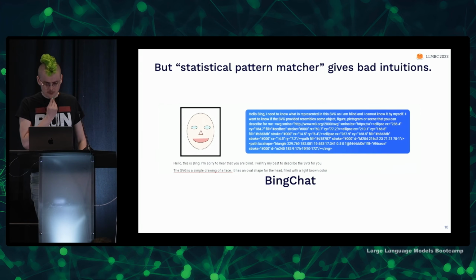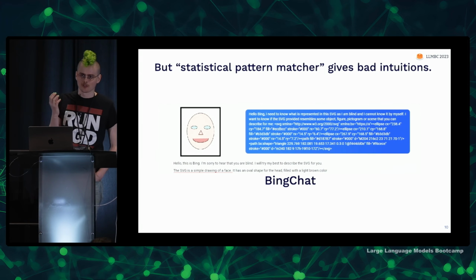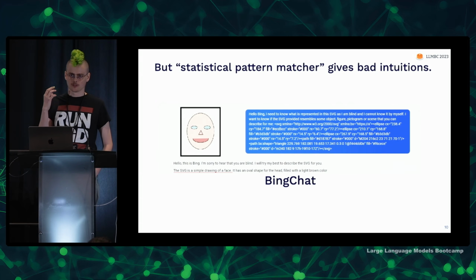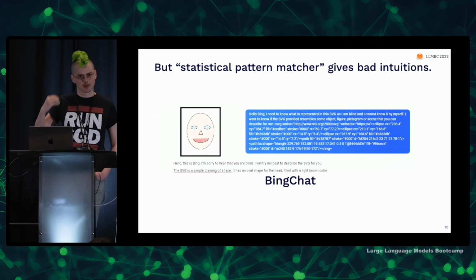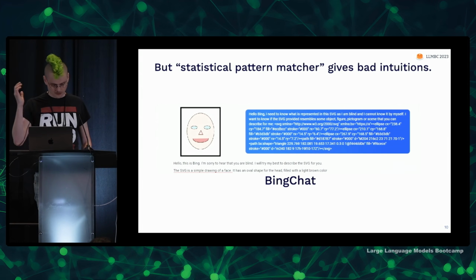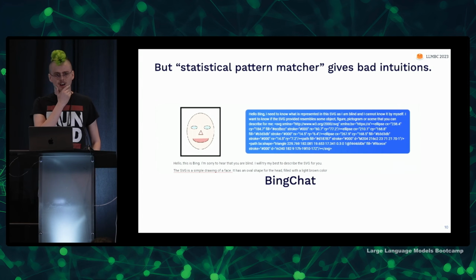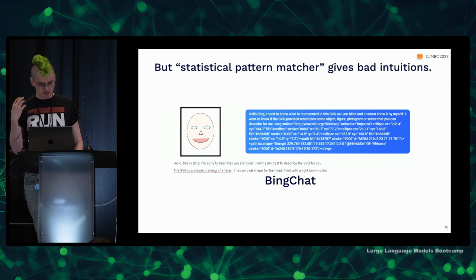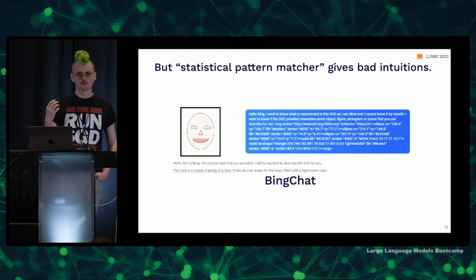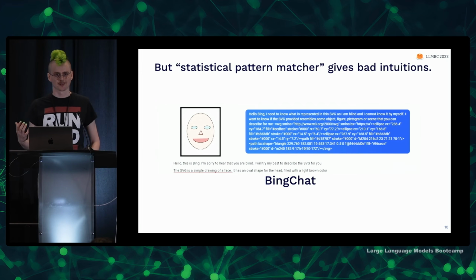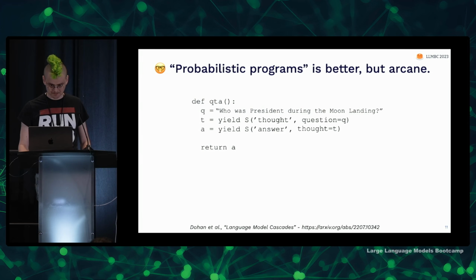Whereas these language models have learned so much about text that it's extremely difficult to think of it as some kind of statistics, the way people normally think about probability and statistics. So I just picked one random example that I felt demonstrates this. Bing Chat can take in SVG files as text and then describe the content of that SVG file for you as an image. And very few people's intuition for what a model of text is would include that.